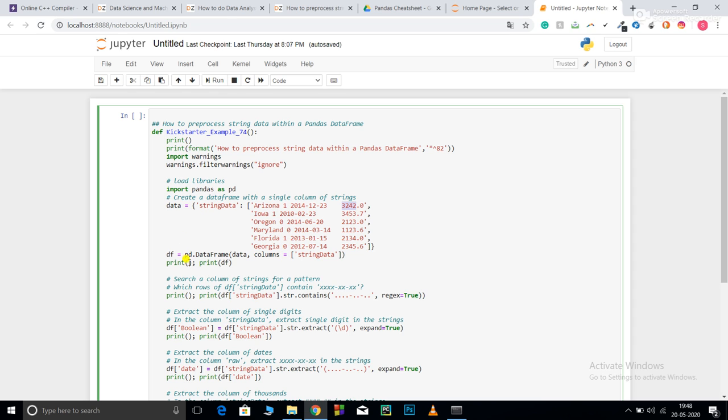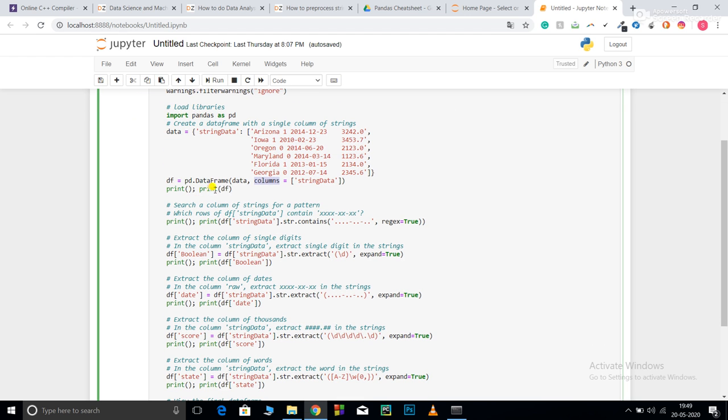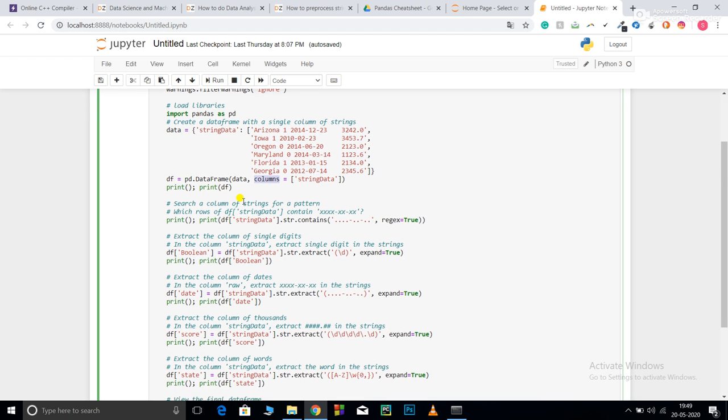After that, I converted this data dictionary into a data frame using the pandas pd.DataFrame function. I pass two parameters, the first is the data and the second is the name of the column, string data. Now print df. This will print the data frame for me.